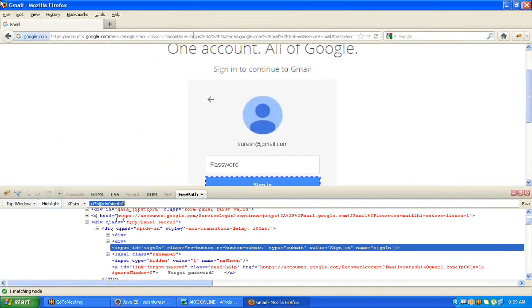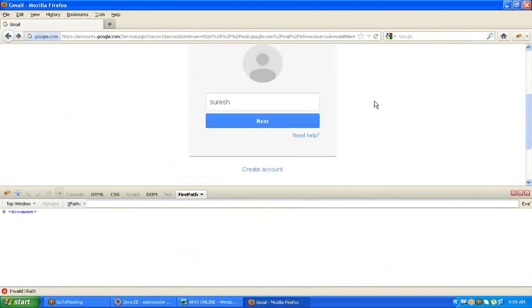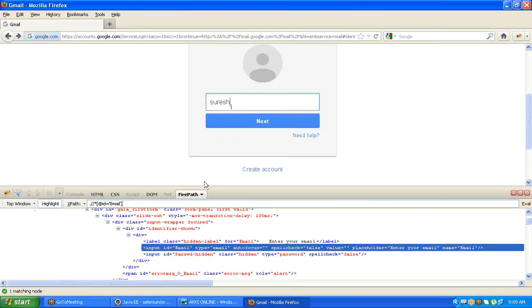Go to the Gmail page. Yeah, this is the Gmail page. Activate it and go to the email field, so we can get the property. Yes, these are the properties, the highlighted line. I want to use ID.